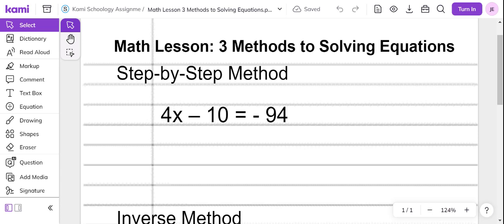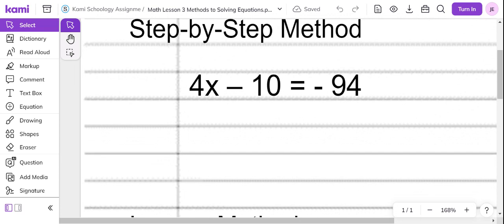This is Mr. Elmhorst with the math lesson, where we're going to take a look at the three methods that we can use to solve equations. We have been focusing on the step-by-step method. The bottom line for the equation is we want to identify what number goes in the variable spot that would make the equation true. So we can solve step-by-step